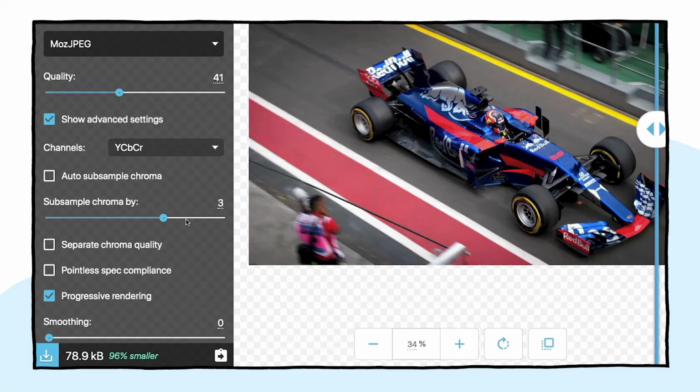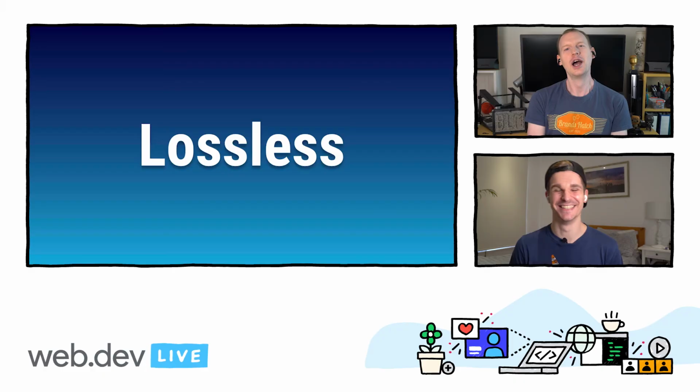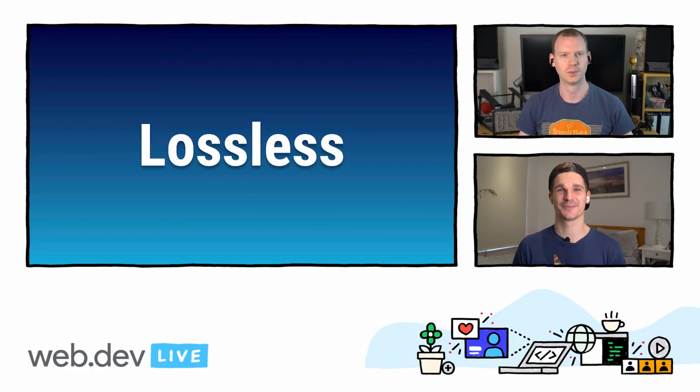Well, you said you had done your research about the options. What exactly is pointless spec compliance? Pointless spec compliance removes the progressive encoding and some of the other things that, according to a strict interpretation of the JPEG spec, it's not supposed to do, but everyone supports it and it's good for file size. So I thought I would totally put you on the spot, but you actually know the answer. Well done. Yeah, do you know what? I didn't research JPEG, but that was one of the ones that I knew from looking into the encoder there.